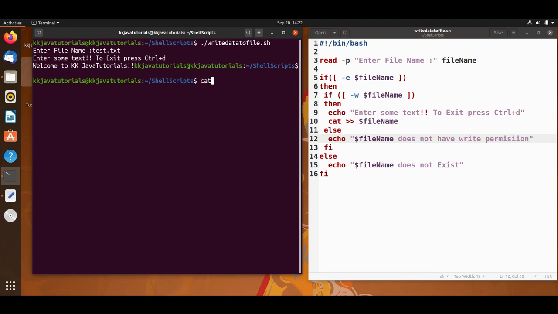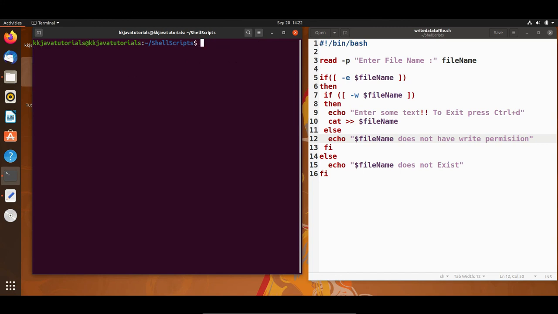Now I can see the content of test.txt, or you can click manually and check. So here I can see the content of this file, right? So let me execute this script once again, and here again I would like to enter some text.